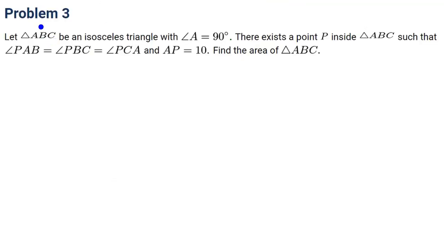AIME II 2023, problem number 3. Let triangle ABC be an isosceles triangle with angle A equal to 90 degrees. There exists a point P inside ABC such that angle PAB